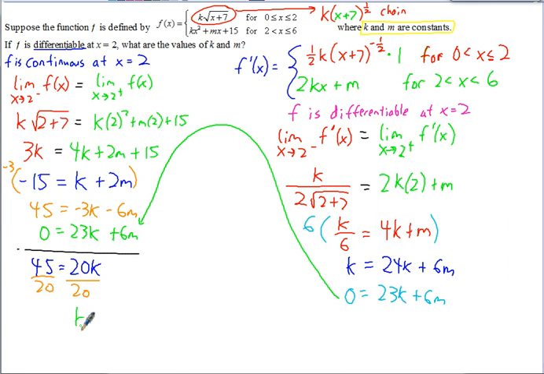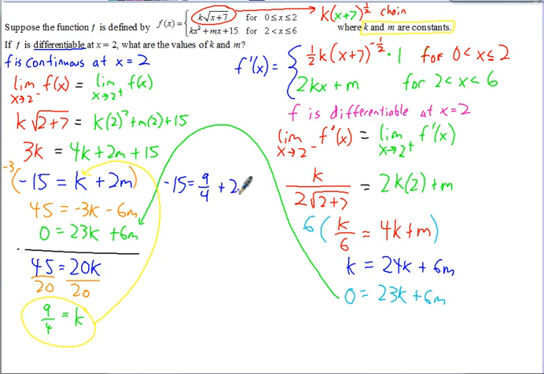So k would equal, reduce that, you can divide those both by 5, so that would be 9 over 4. So now we know what k is, 9/4. And then to find m, we can substitute in any of these. So I'm just going to substitute in right here. So for that one, we'll have -15 equals k, which was just figured out as 9/4,